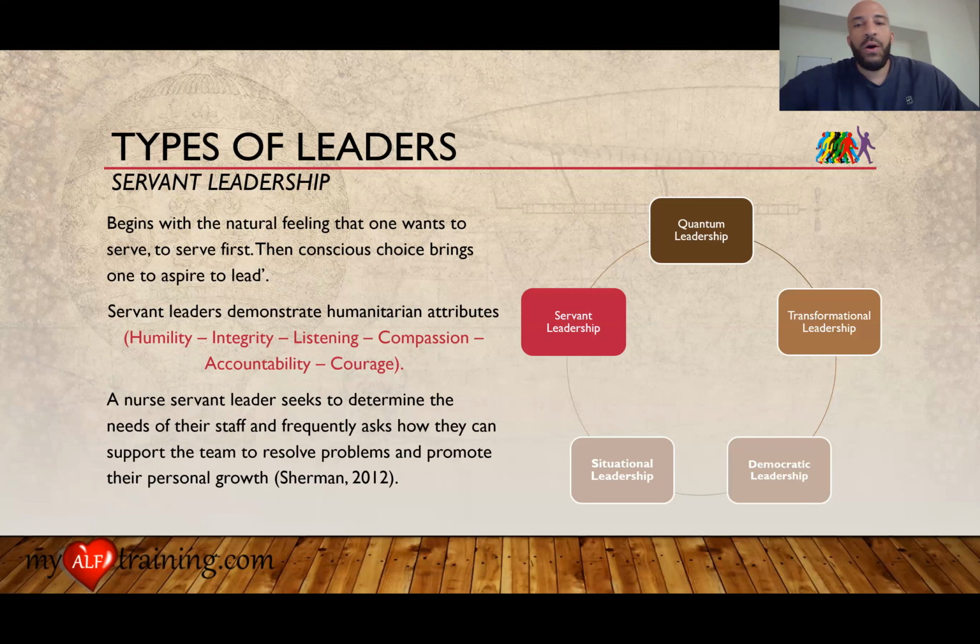Now, there are almost a dozen different types, styles of leadership. Some of them are similar and they just have different wording in the title. So I took the top 5, which I feel I've seen in my career as a registered nurse and seem to relate most logically to nursing.